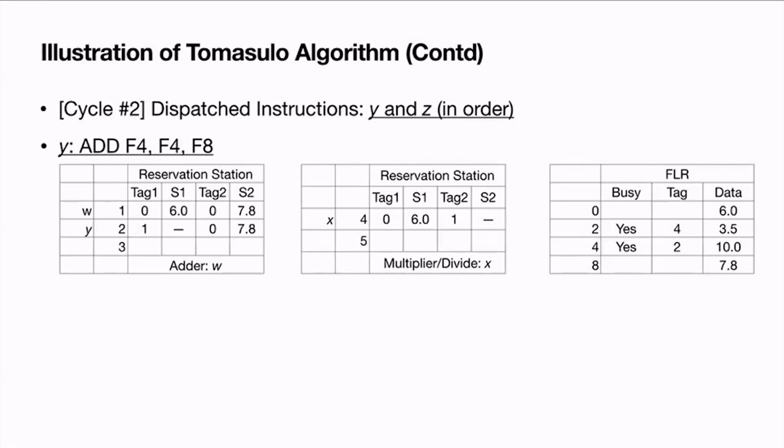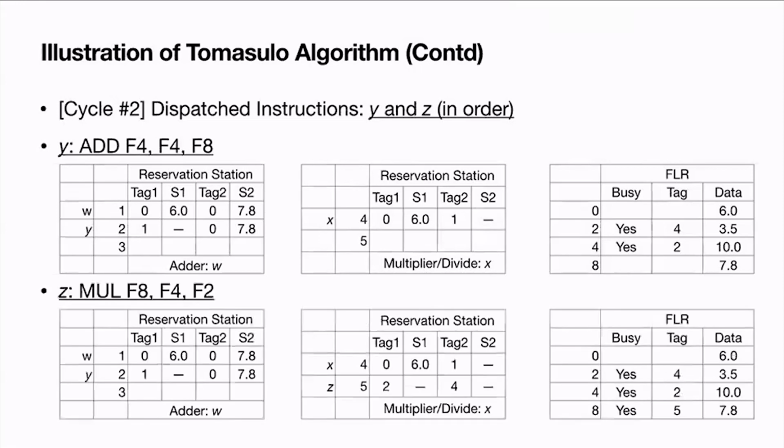And multiply operation, we have not done anything right now. But the next instruction Z, which is a multiply operation, is going to update the value of F8 and try to read the values of F4 and F2. For F4, you can clearly see now the tag field is 2. So I'm going to put in the tag 1, we are going to put the value 2. And the data field is empty because it is now going to be produced by the instruction sitting in reservation station